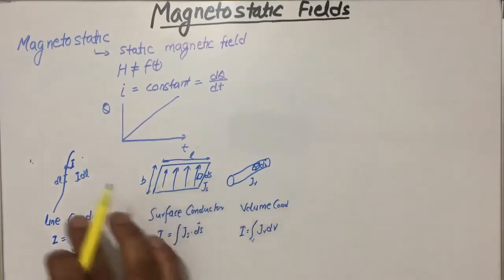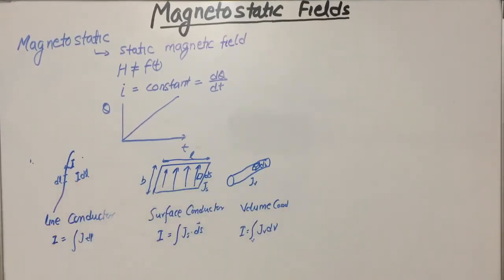In these three different cases we will try to find the current, which will help to find the magnetic field due to them. Here we will study the laws of magnetism in all these three cases of currents flowing through them. We will start from the first one, that is Biot-Savart law.